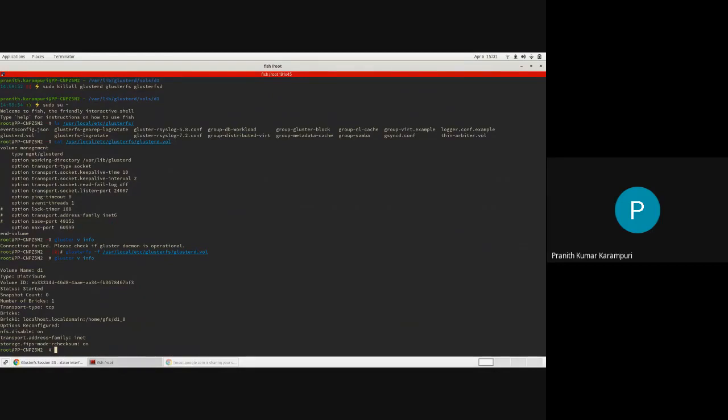Essentially, it specifies some information about where to pick this vol file from. There is an installation directory, and to that it adds this path, and it just reads the configuration and loads the graph.